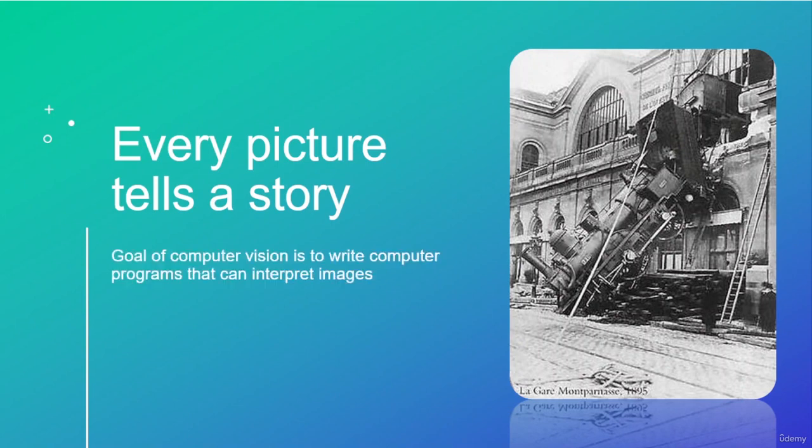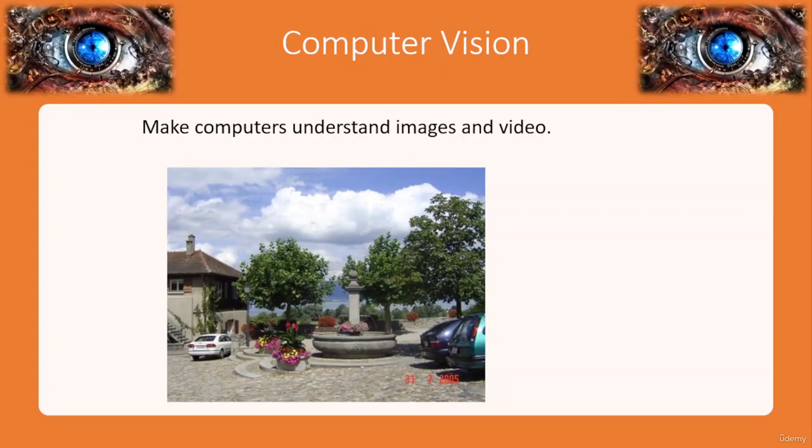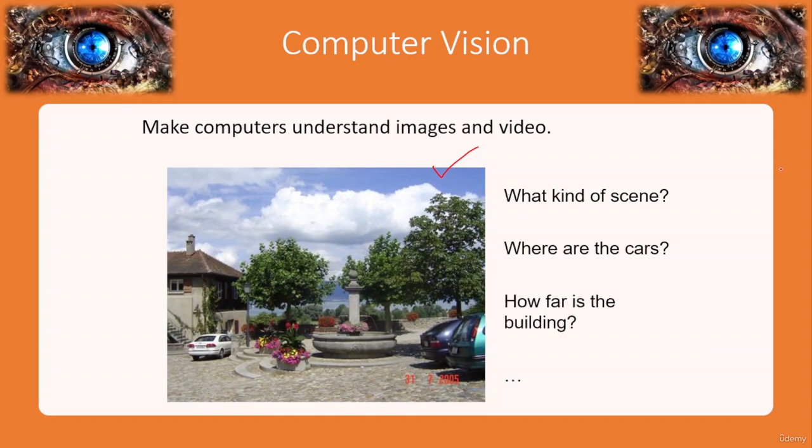So the goal of computer vision is to write computer programs that can interpret and understand images and their context. Computer vision enables computers to understand and interpret images and videos, much like the human vision system. For example, in this image, it enables the computer to know what kind of scene it is, where the cars are, where the trees are, what other objects exist in this image, and how far the building is. So computer vision enables computers to understand the image like that, as a human can interpret the information